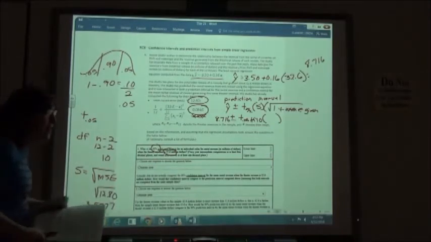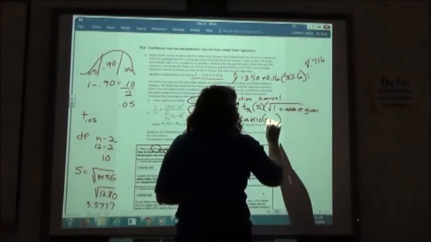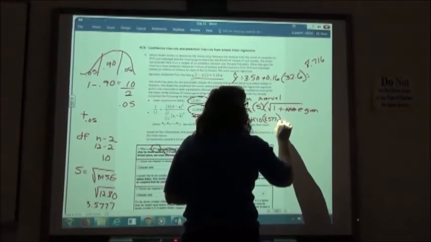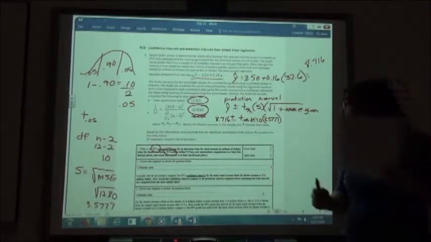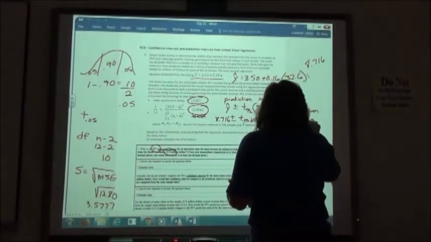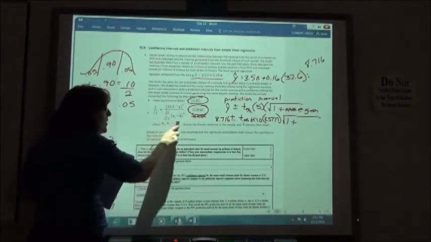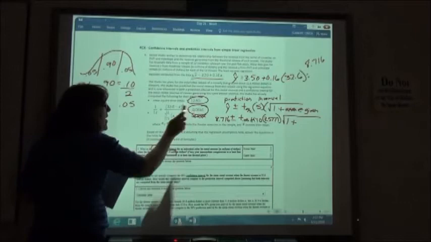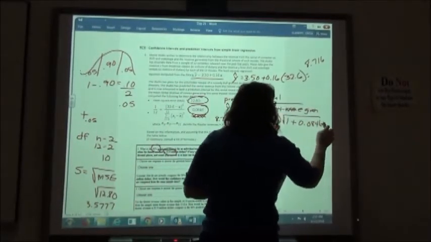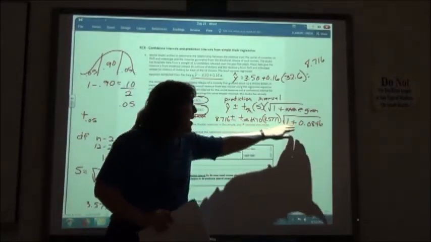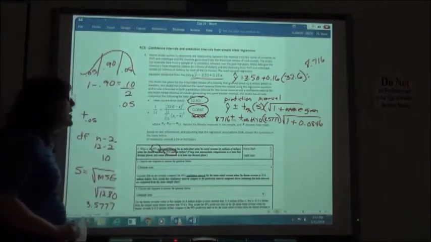This number here then is going to go in for my S number, 3.5777. On the end of my equation, I'm going to do the square root of 1 plus whatever this number is that they got by doing this big, long, crazy calculation. In this case, 0.0846. Now these ones you've got to do on your LX calculator because you have to do the T sub. So make sure when you punch that in,